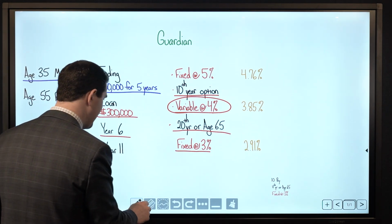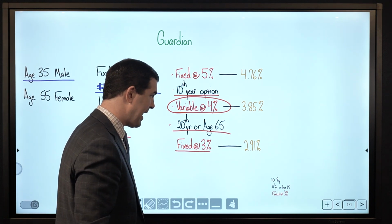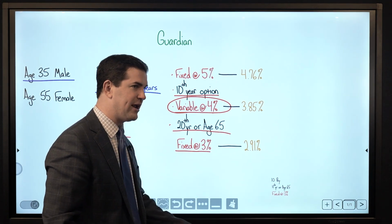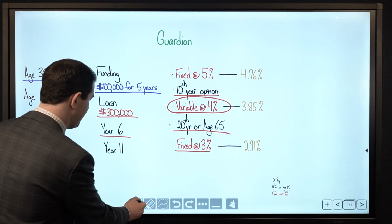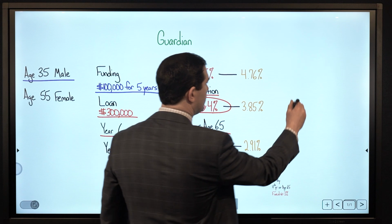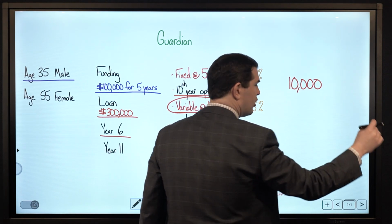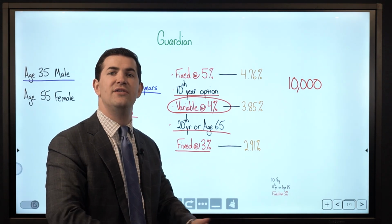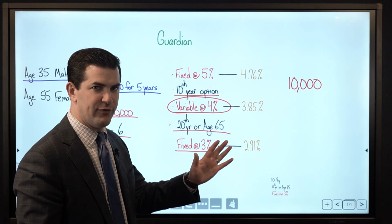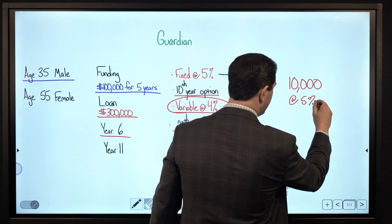Now, these rates we have to the right are discounted rates and what we are actually billed anytime we take a policy loan. So how it works is, let's assume for a moment that you take a policy loan of $10,000 and you take it on your policy anniversary date, so there's a full 365 days of interest accrual. If you have a 5% interest rate, what will that come out to? Pretty simple math,